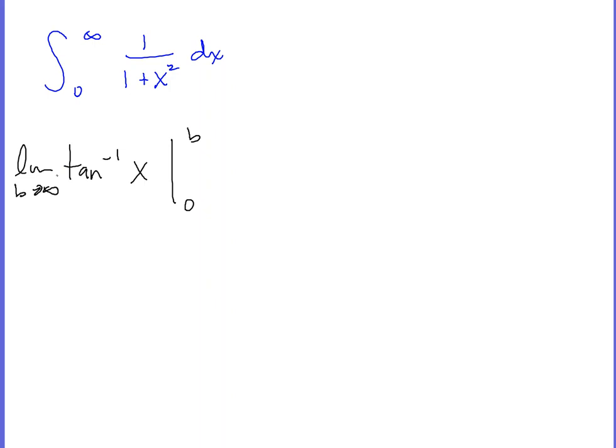This could just as easily be a approaching negative infinity. You do tend to see more of these types of problems, but the other one could happen, and it's the same concept. So with this trig function,